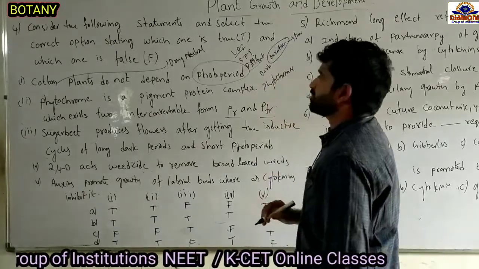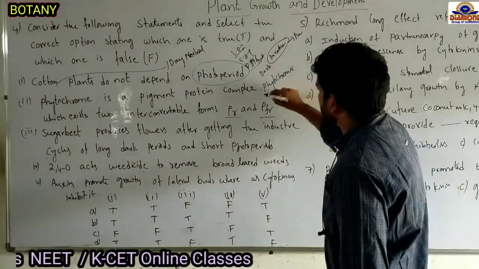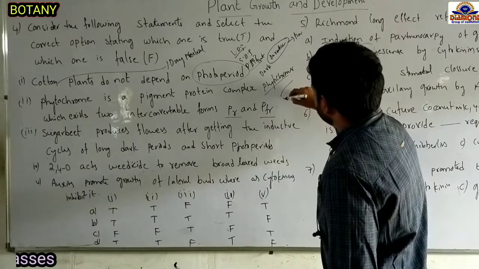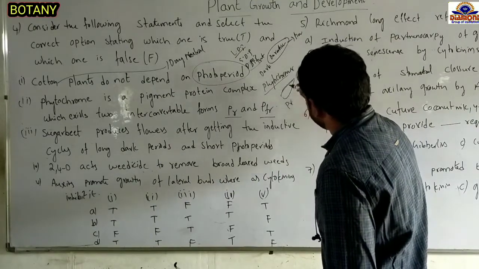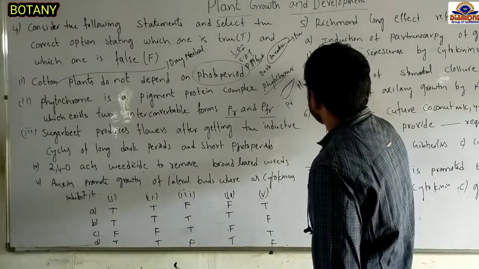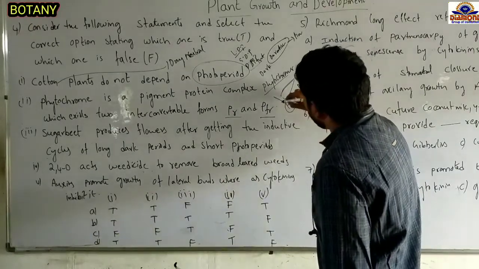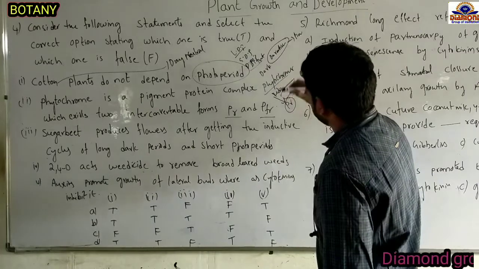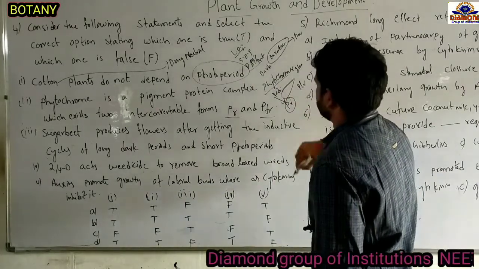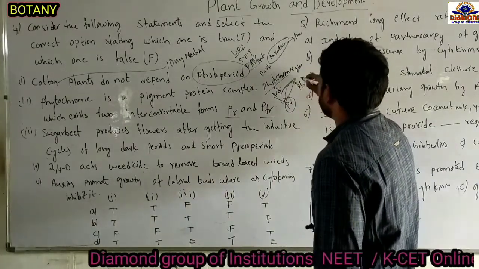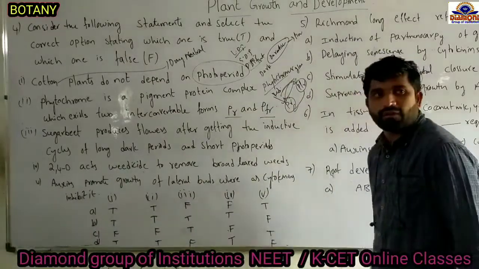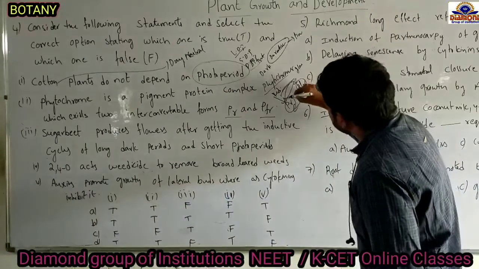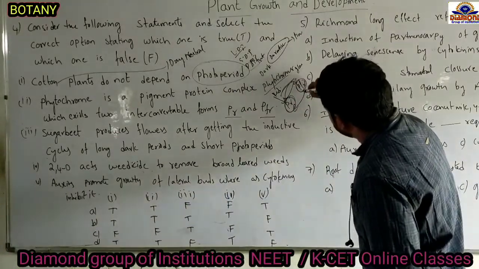So these are the specialized protein pigments present in a leaf. These are the phytochromes. They are available in two forms, that is PR and PFR. PR can take up red light and it can produce the flower, and it is converted into PFR. And PFR again can take up far red light and will be converted back into PR.